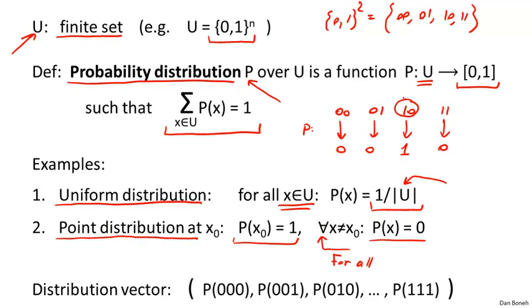So here, for example, if we look at the universe of all 3-bit strings, we can literally write down the weight that the distribution assigns to the string 0, 0, 0, then the weight that the distribution assigns to the string 0, 0, 1, and so on and so forth. And you can see that we can write this as a vector. In this case, it'll be a vector of dimension 8. There are 8 strings of 3 bits. And as a result, basically, the entire distribution is captured by this vector of 8 real numbers in the interval